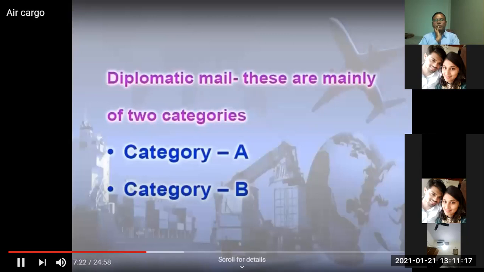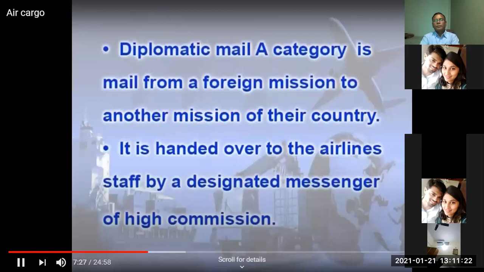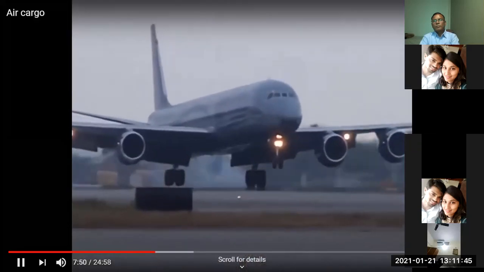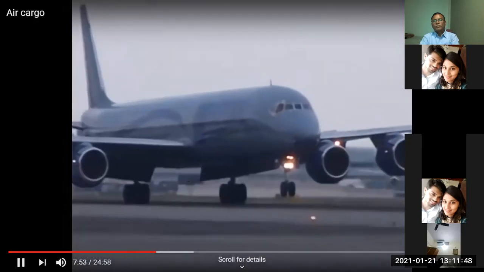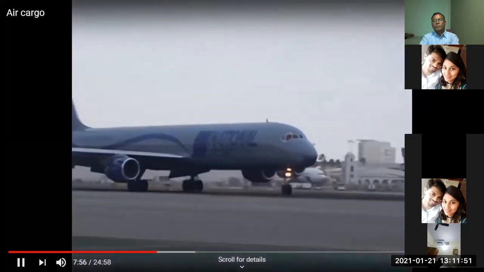Diplomatic mail. These are mainly of two types. They are category A and category B. Diplomatic category A mail is a mail from the foreign mission to another mission of their own country. It is handed over to the airline's staff by a designated messenger of the high commission, and it is manifested in the cargo manifest and forwarded with all the care to the aircraft after X-ray clearance. On arrival at the destination, the same is taken over by cargo staff and delivered to the designated representative of